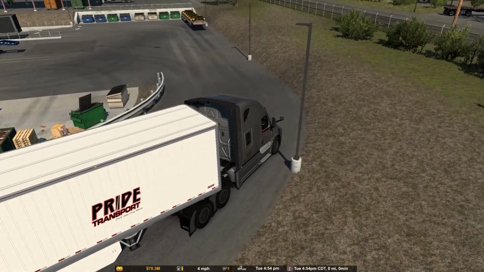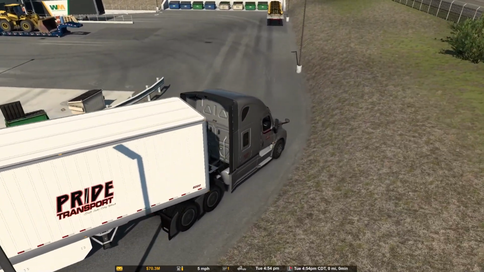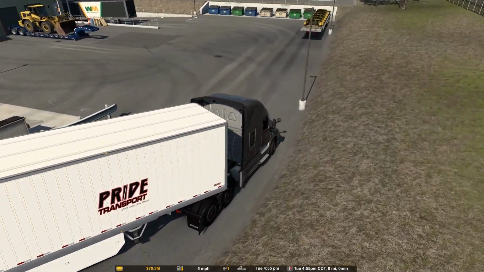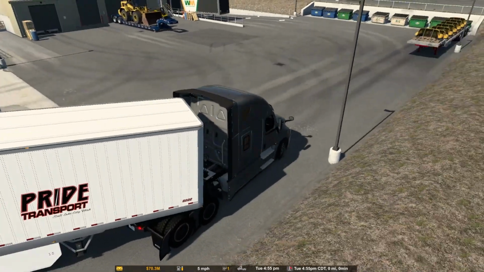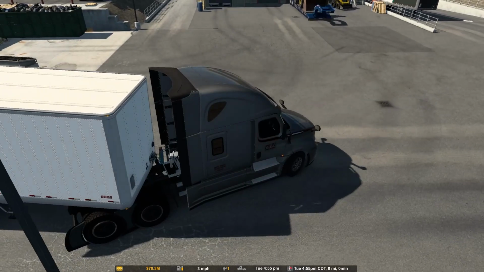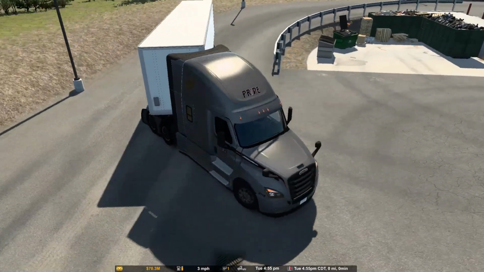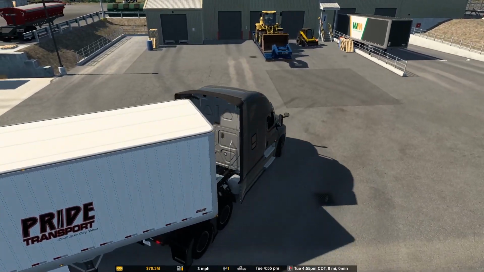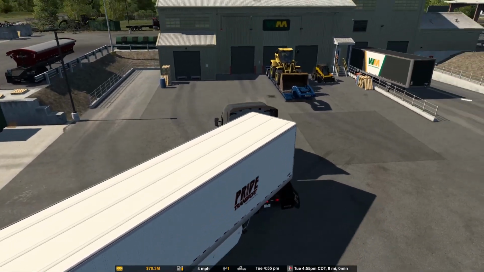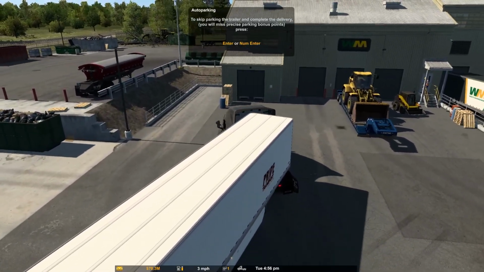I don't know. Let me think about this for a second. How could we do this? I guess pull in and then, like, pull to the left. Yeah, and then try to turn around in there, maybe. That's the only thing I know. We can't get too far to the left because then we wouldn't be able to swing the cab around, so...